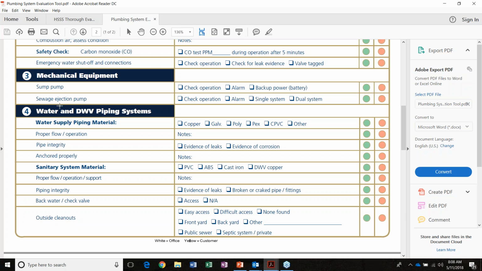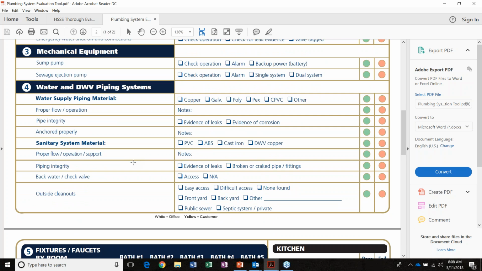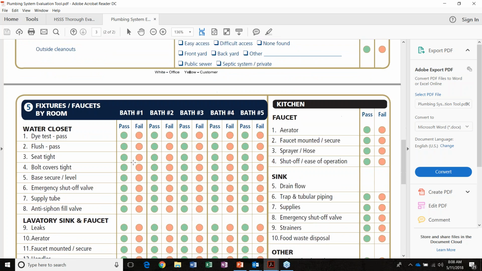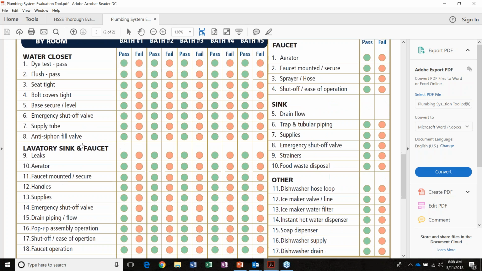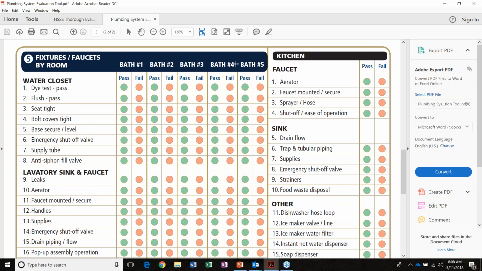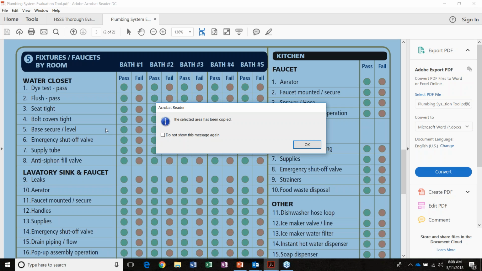So it gets into, again, sump pump. Many homes have sumps, some don't. And that would be an NA item if they don't. Sewage ejection pump. But if they've got one, there you go. Great talking point. And then here's the second side of this. Water closet, dye test, flush, a lot of toilet related stuff. You've got space for 5 bathrooms up here. All right. And if you offer a solution